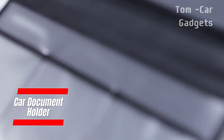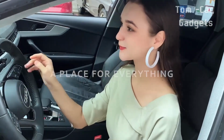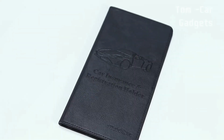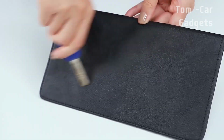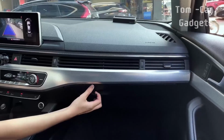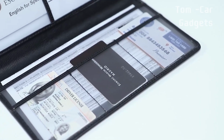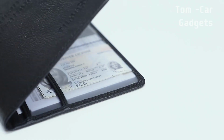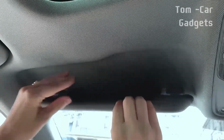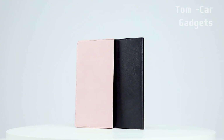Transform your daily drive with this impeccably designed auto document holder, a sleek solution to keep your essential paperwork neatly organized and always within reach. No more scrambling through a cluttered glove box. This elegant wallet case secures everything from registration and insurance cards to business cards, emergency info, and gas cards in one convenient place. Thoughtfully crafted with 6 clear sleeves, it ensures your vital documents are visible, secure, and ready when